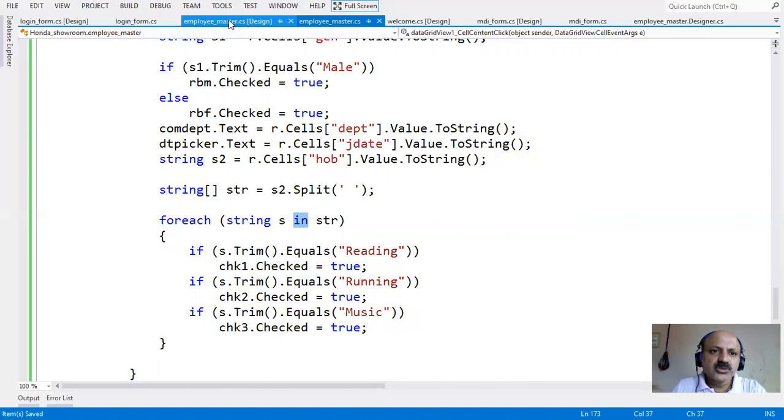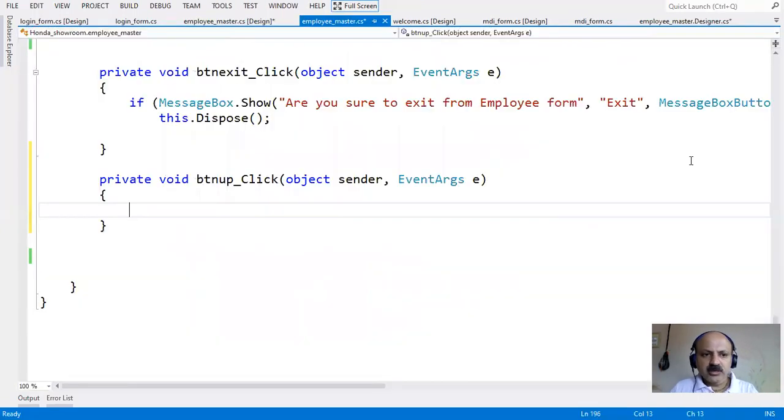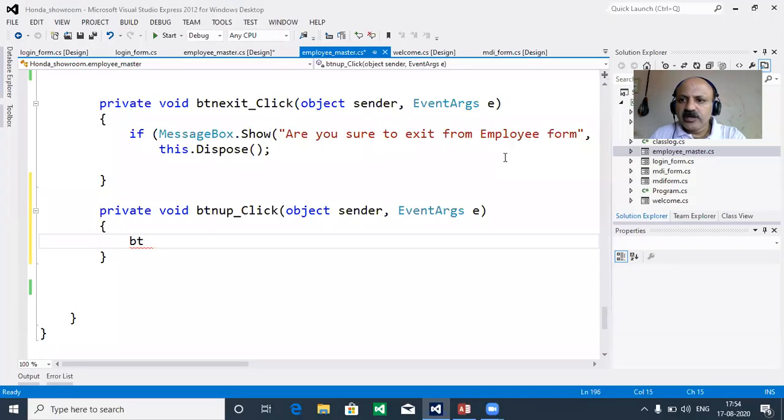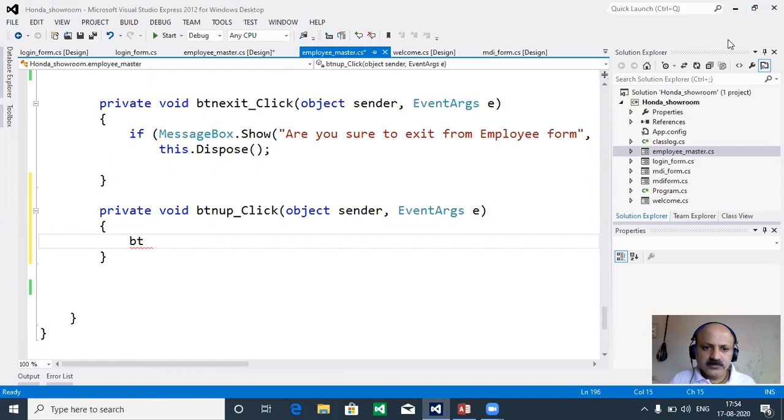So I just go to update, what we can take as coding in the update button. We can take just only our first button, that is okay. Now, as some disturbance is there, we can start our update coding. Some network problem issue is there, so that happened. Okay, so now here we can use